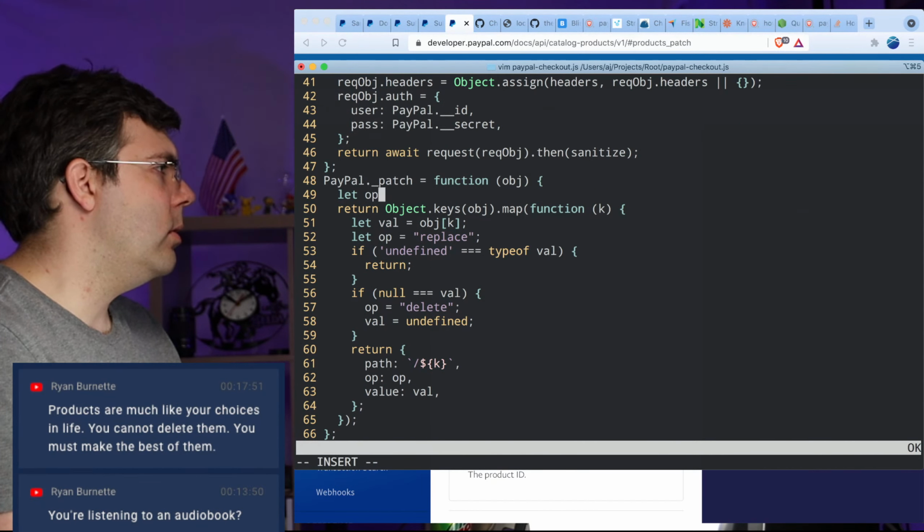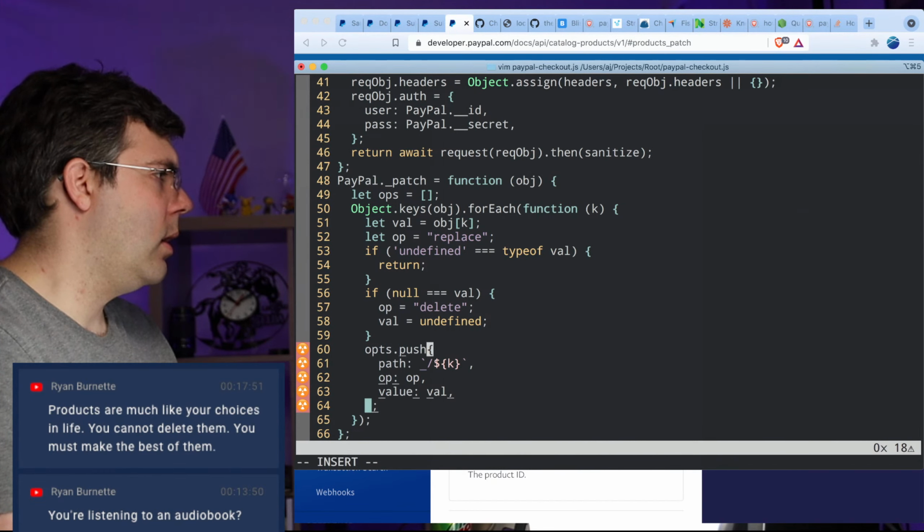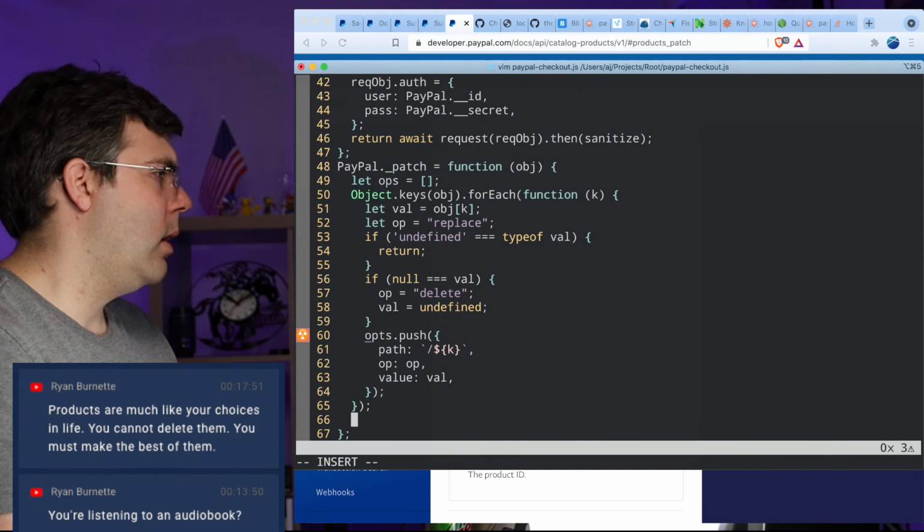And so then this really should be an array, do a forEach. ops.push and return ops.